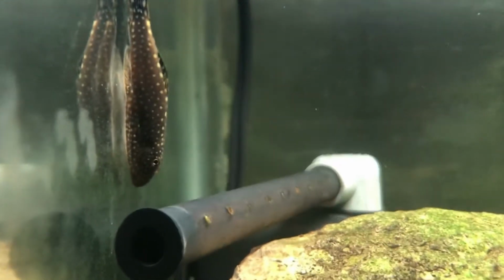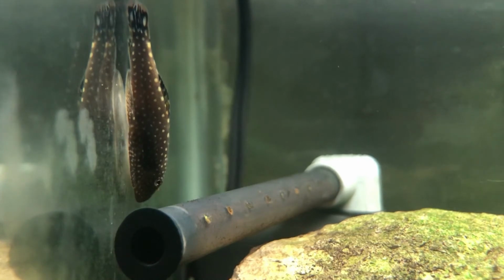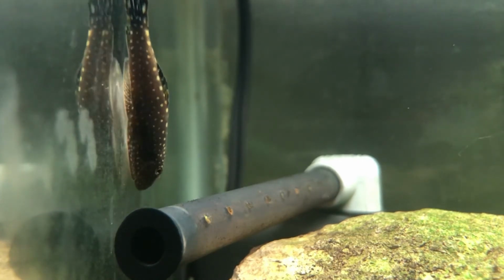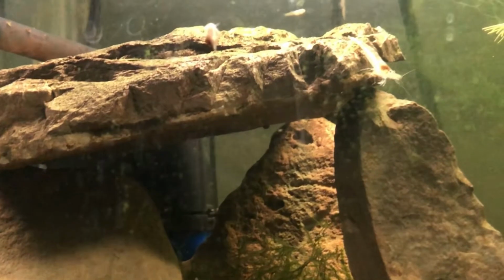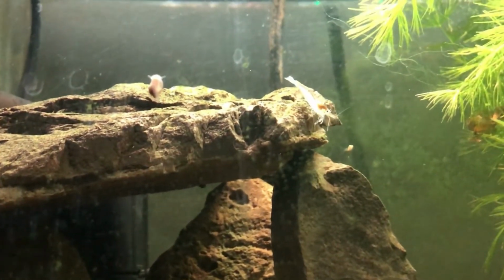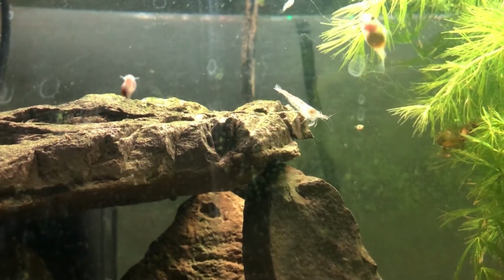Aside from being a possible source of income, a very minor source of income, I'm definitely not going to be making millions off these guys. But a great thing about them is that they will nibble at hair algae. They've got that kind of cupped lip, so they can really pinch down on tough stuff like hair algae, and they'll rip it away. I don't know if they're the best at eating it. Probably mollies or swordtails would be better with that. But it works out really well. Keeping them in here, they just kind of pick it off the hornwort,